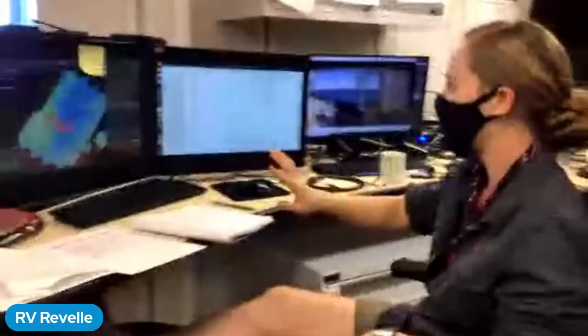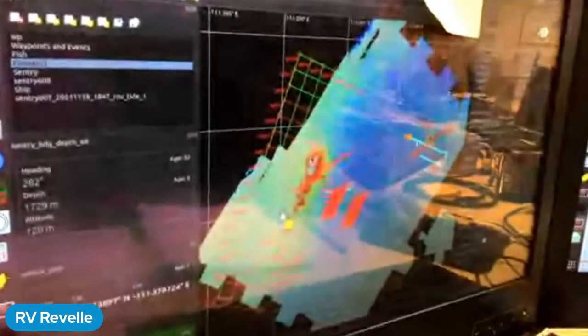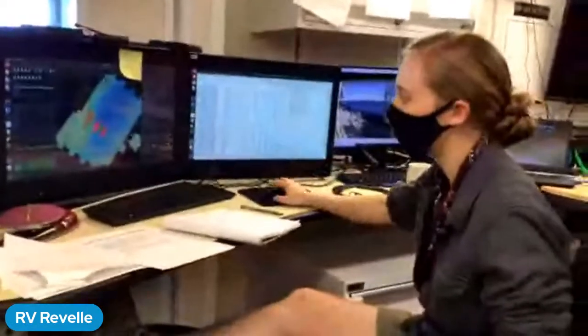So this is the Sentry watch station. Sentry is in the water right now on a dive. This little orange blob that you see here is Sentry. These are plumes that are going over. This track here is where we just came from. All these lines show the pattern that we have been running and that we will continue to run over this